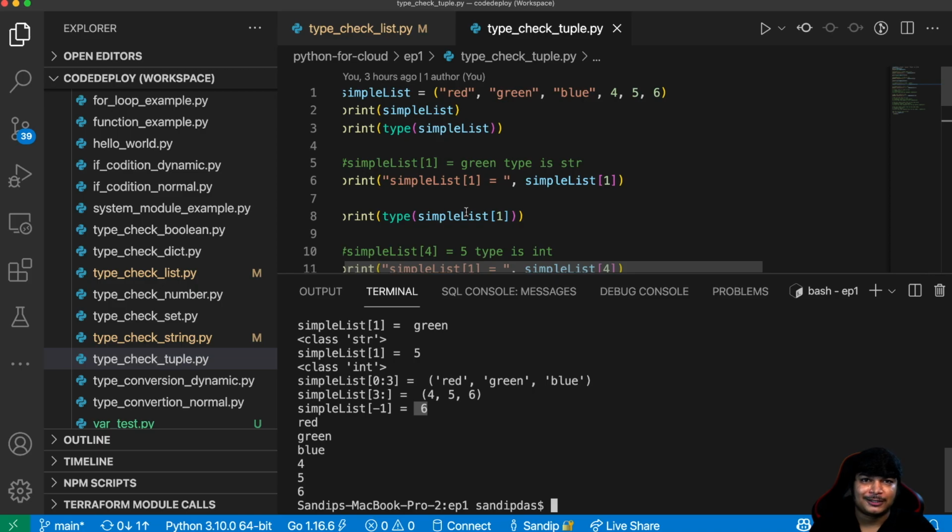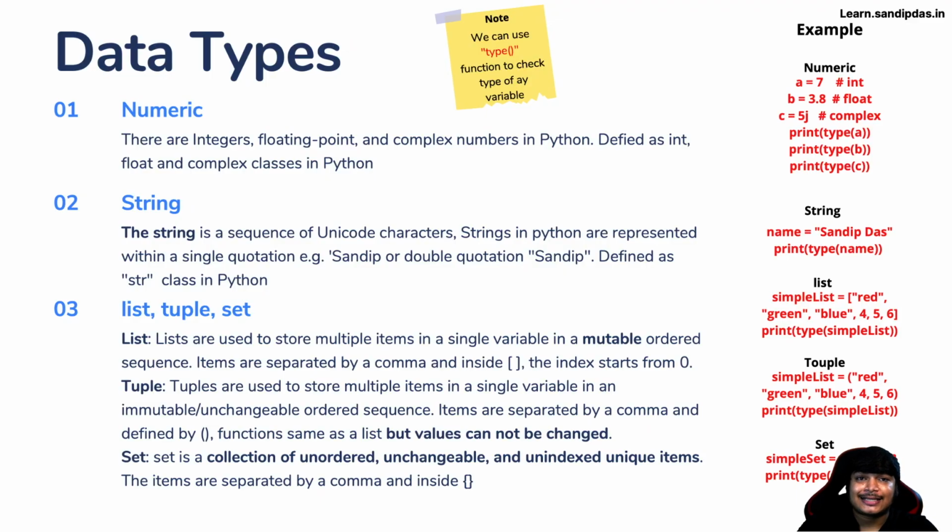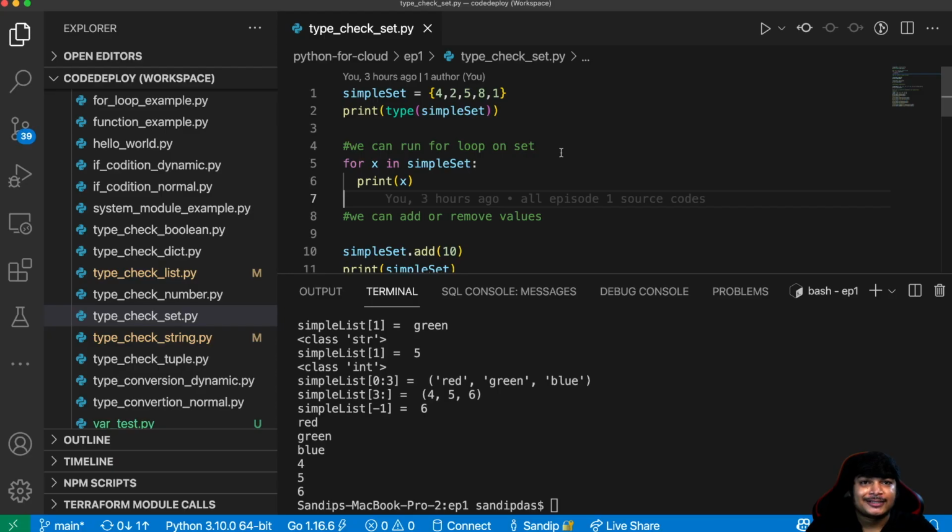Now let's move to the set. Now what is a set? A set is a collection of unordered, unchangeable, unindexed unique values of items. The items are separated by comma and inside the curly brackets. Okay. Now let me show you so you can understand even better. The set example we will find in